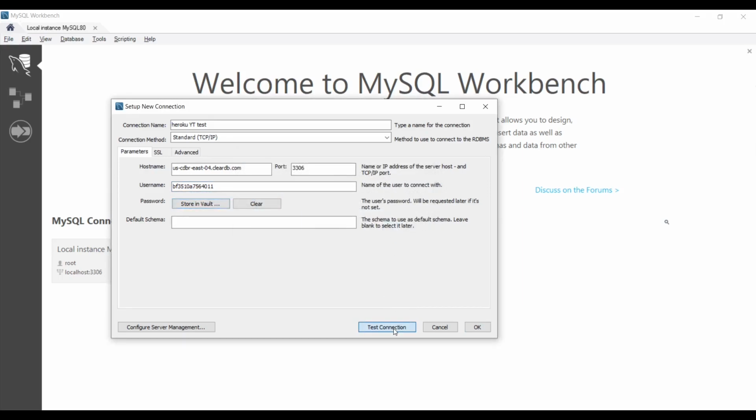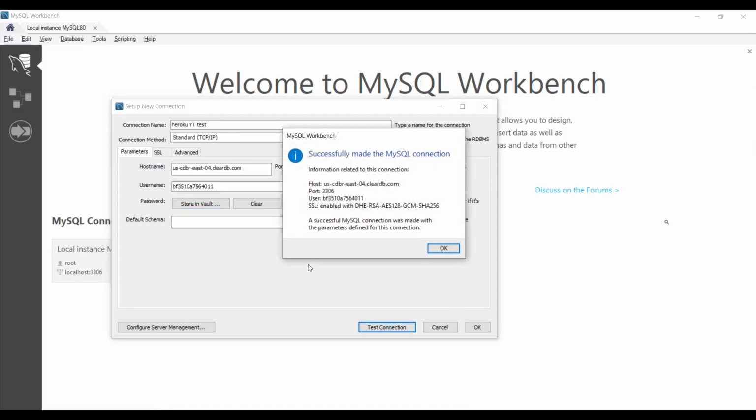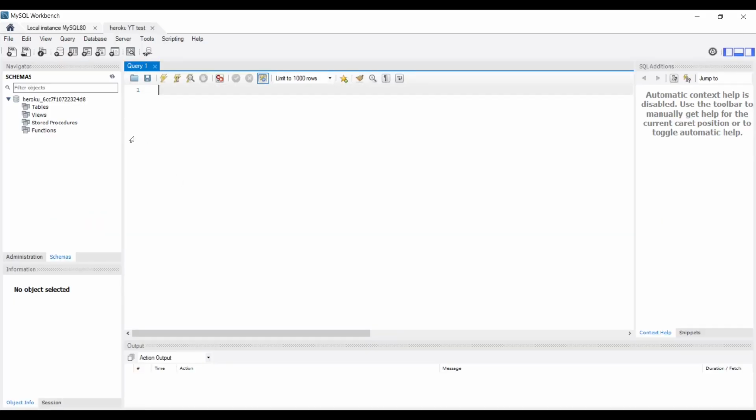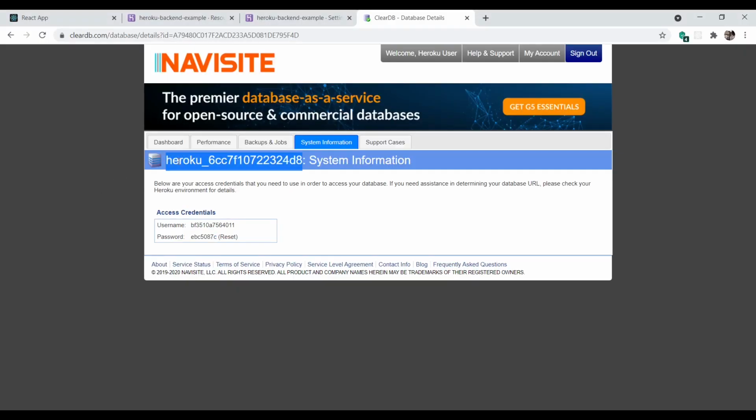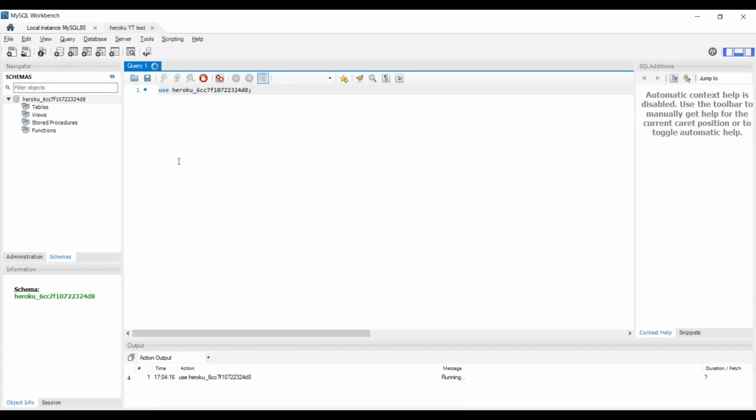So let's test this connection. It's working fine. We can connect now. Once you're connected, by default this will be your database. It won't have any tables. You can use the use command to use this database. This is the same as the one mentioned here. This is your database. Now you can use it like your local database, and you can create your tables and insert some data, whatever you want. This is what I was telling you about. If you don't want to add your credit card in Heroku, you can create an account on Hostinger or any other service that doesn't want your credit card, and there you can create your database.